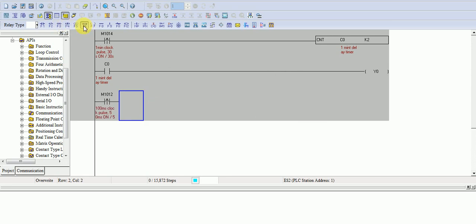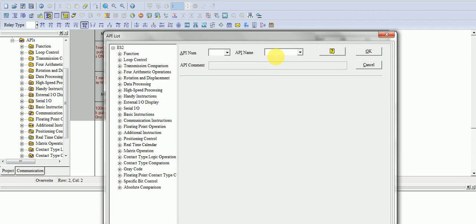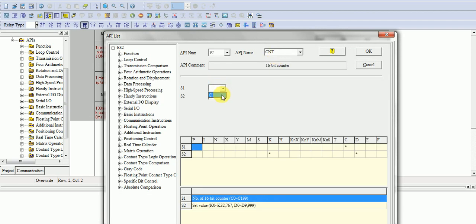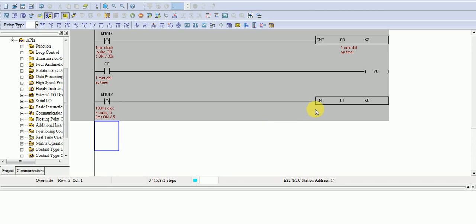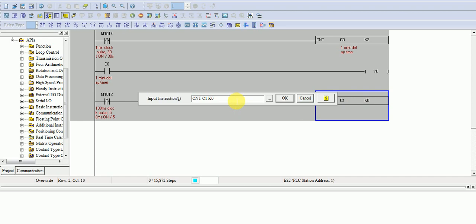Let's take another counter, CNT. Now if you want a 500 millisecond delay, then as you know, in 100 millisecond it will give 2 pulses, so for 500 millisecond you have to put the value 10.